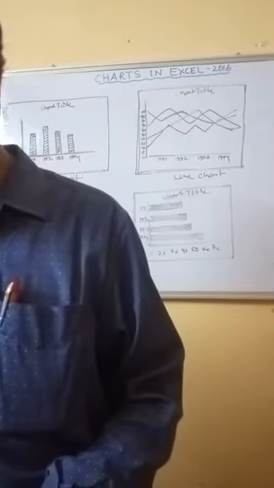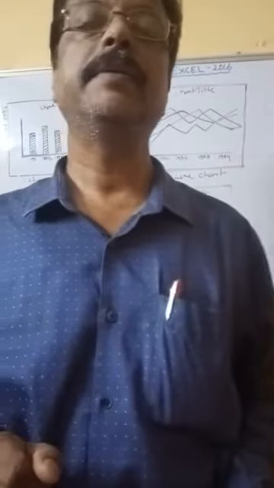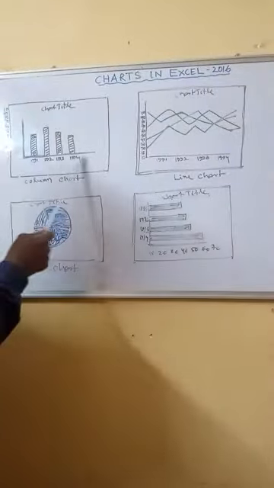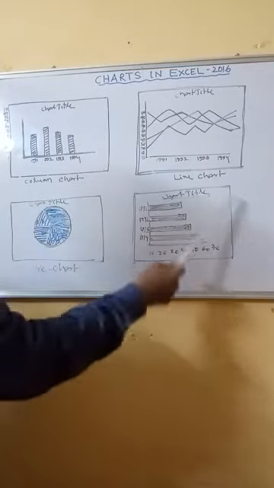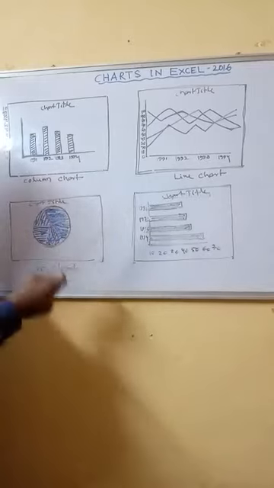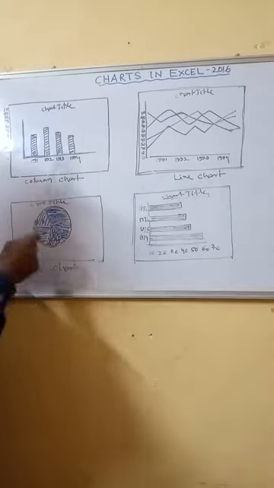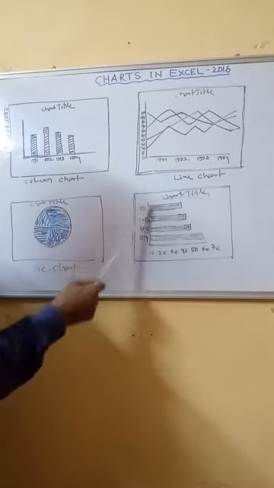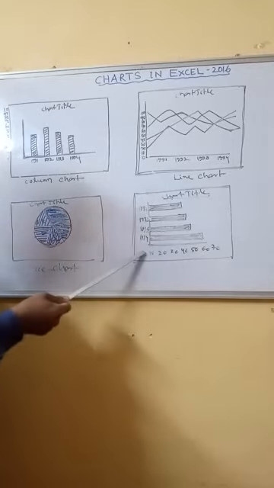Another one is the bar chart. The bar chart is just the reverse of the column chart, the reverse form of the column chart. In which manner is the column chart representing here? The bar chart is this one. Here its reverse form is this one, completely reverse. Here the x-axis is this one, and this is your y-axis.